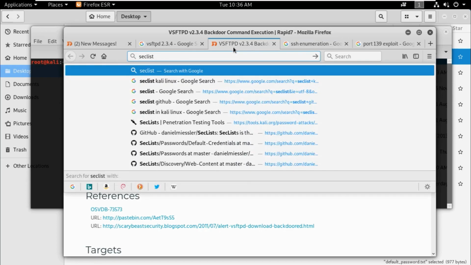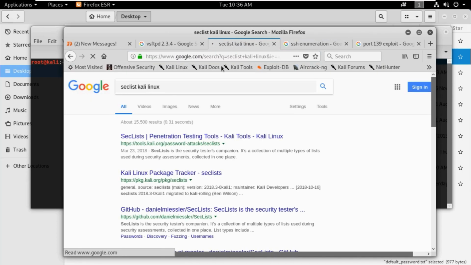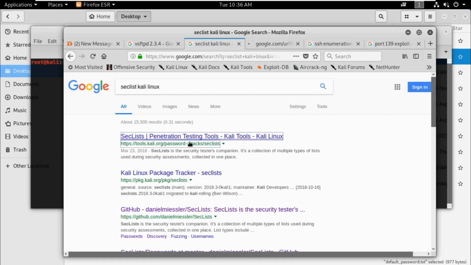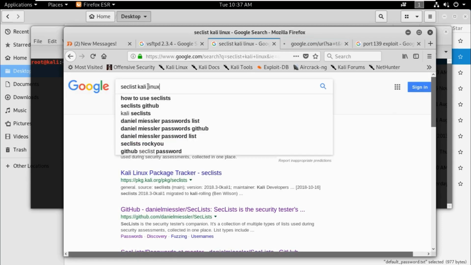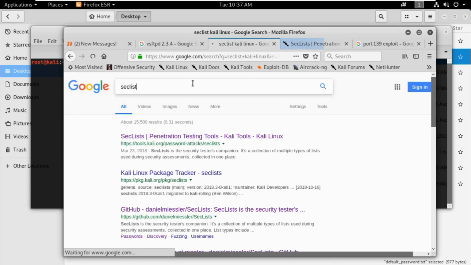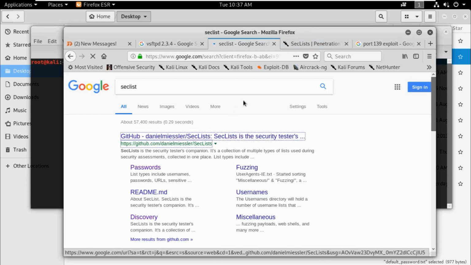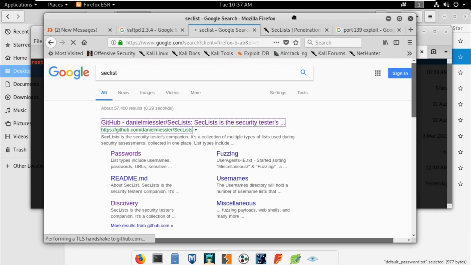SecLists Kali Linux. You can simply go through this page and download this one, or you can search for SecLists and get it from the GitHub repository.